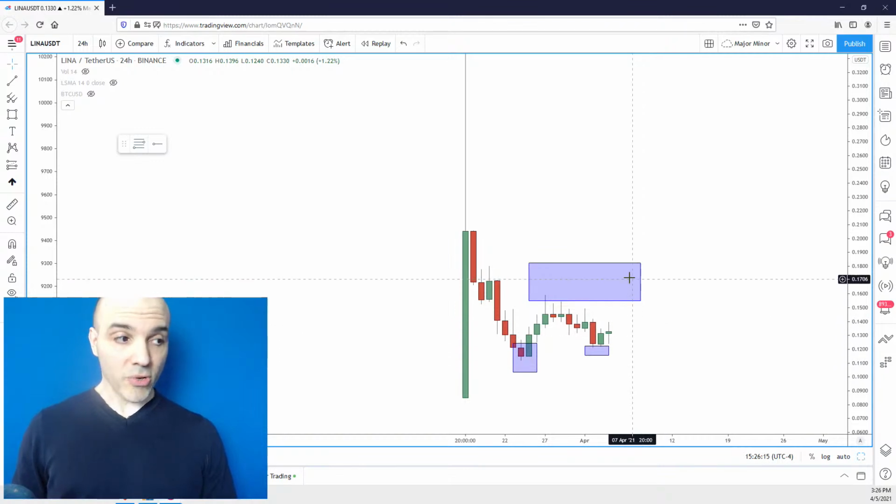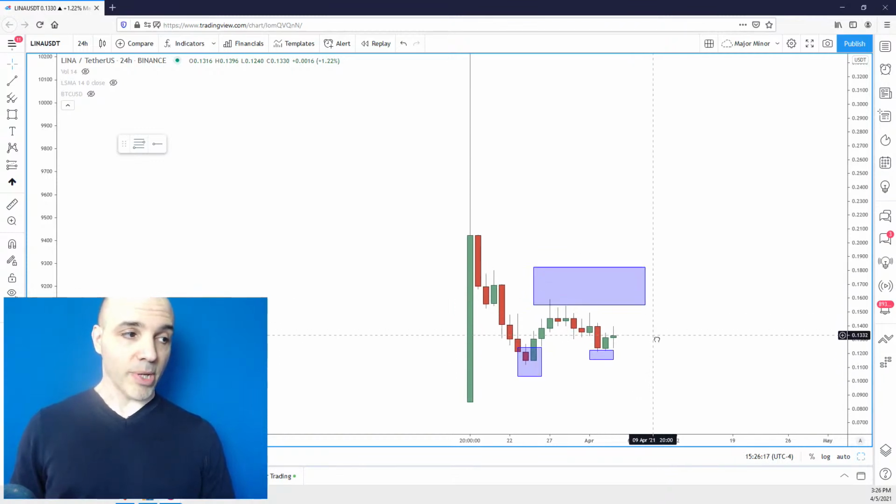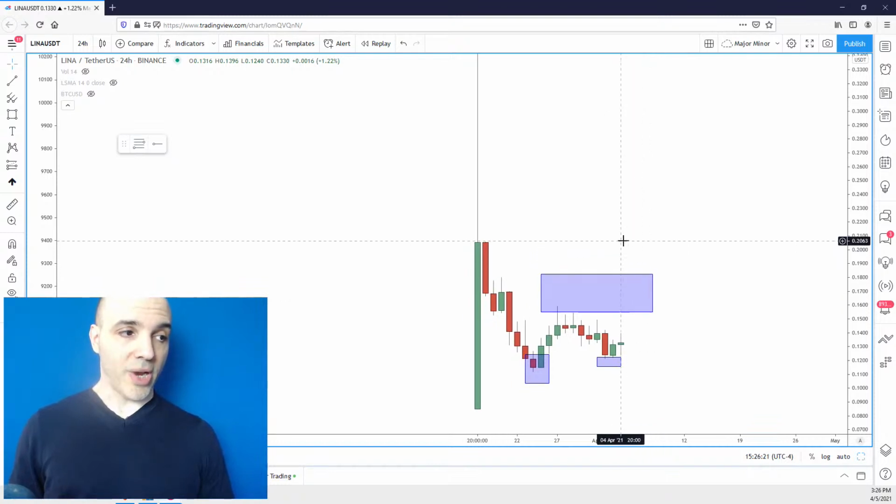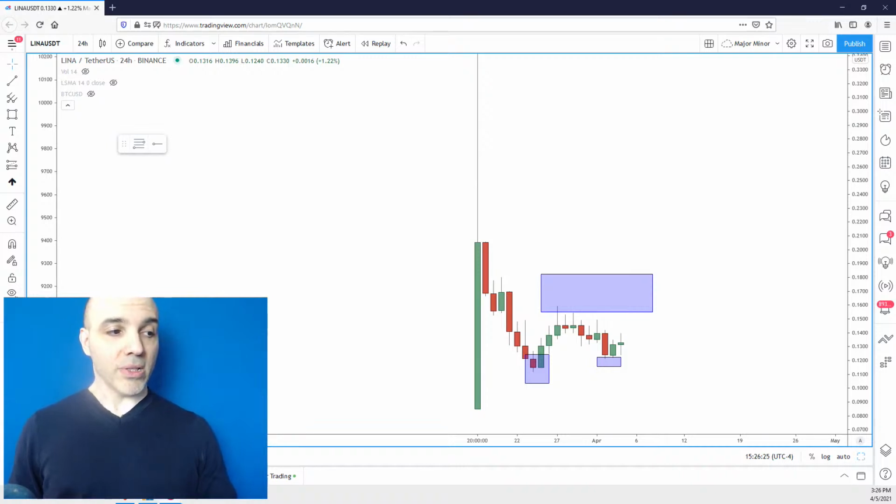What this thing should do is take out the higher high, and that's a much better sign that it's going to start developing into a broader bullish trend. Again, I don't know what the story is with this. If you're fundamentally informed, maybe you know what the deal is on the fundamental side of things and you believe in whatever it is that they're doing, okay, cool. That can play a hand in it. But chart structure, I would like to see more before I would take a risk on that.